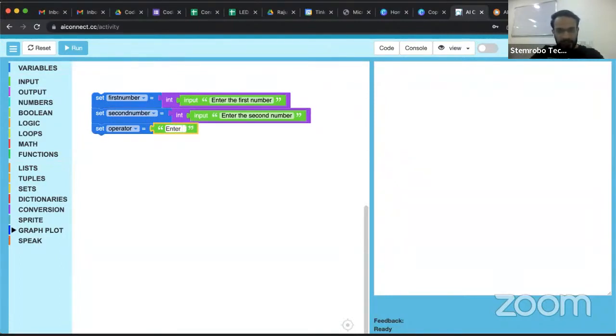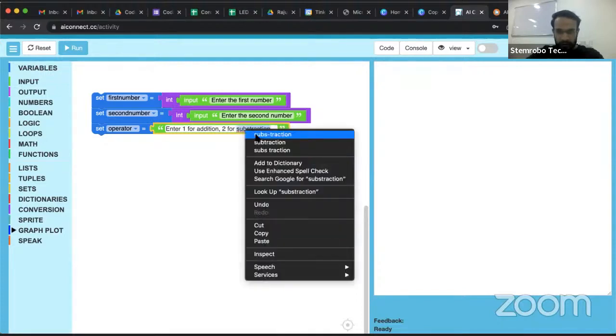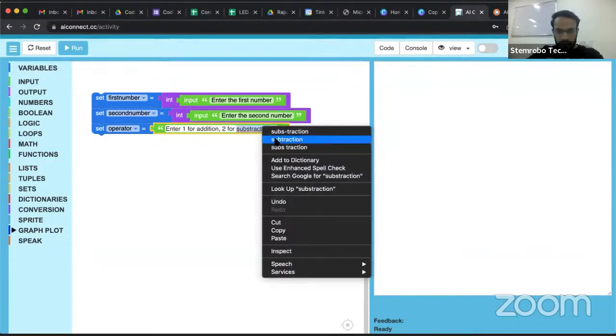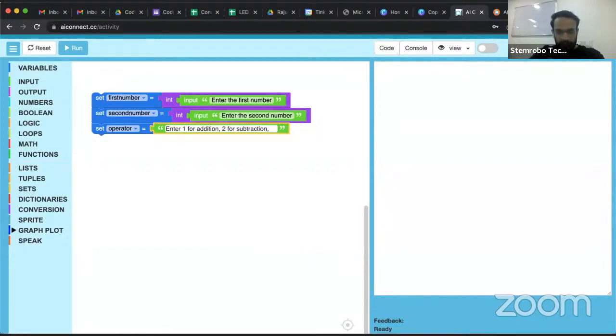means enter the input, right। तो अगर हम इसमें enter 1 for addition, 2 for subtraction, okay, then 3 for multiplication and 4 for division, ठीक है। तो I have done this much part, these much things shall happen।